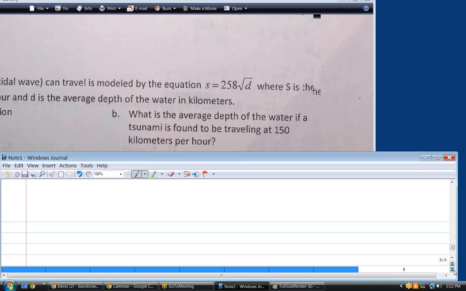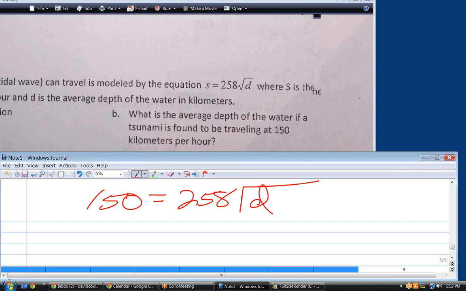If I have a tsunami traveling at 150 kilometers per hour, what is the average depth of the water going to be? Alright, so then you plug in 150 for S. Okay, so give me the equation. Yes, so that's always into the original. 150 equals 258 square root of D. And then